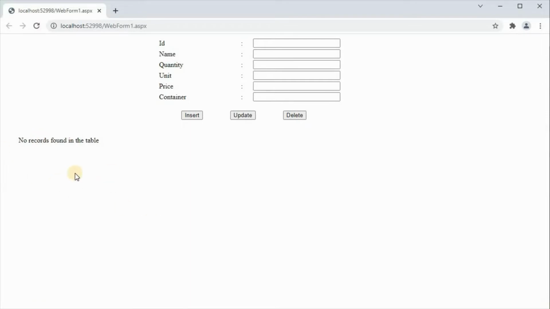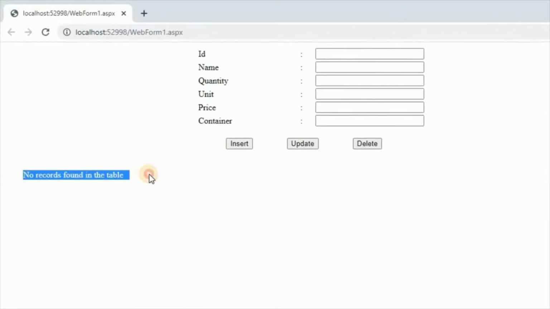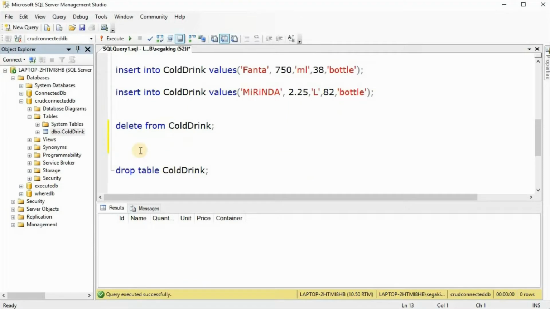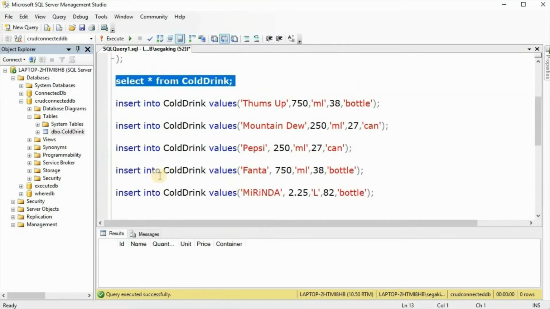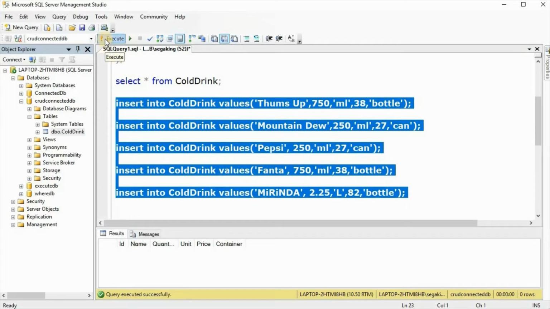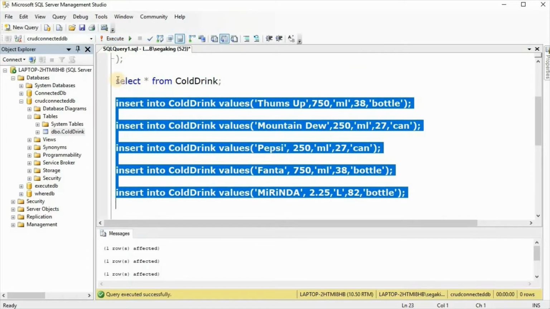We cannot see grid view and we get this message, no record found in the table. And if again we can add all the records, if we add all the records, then